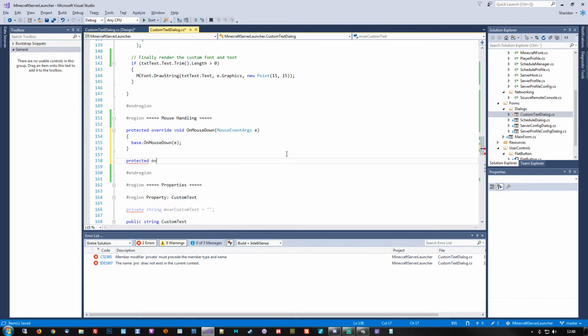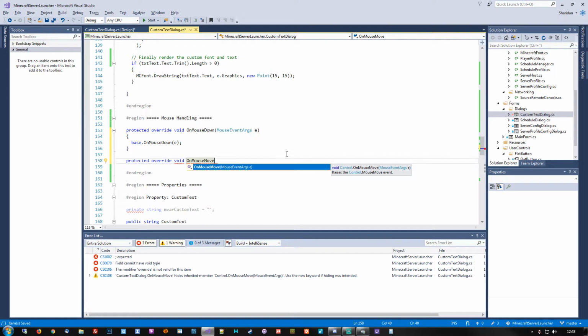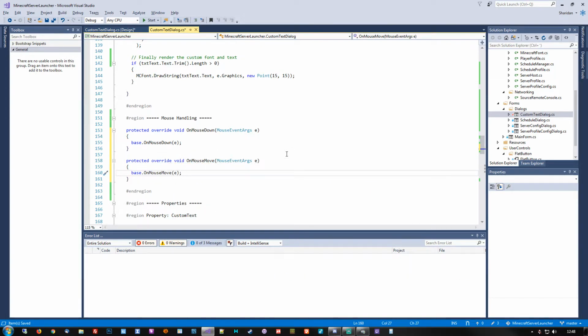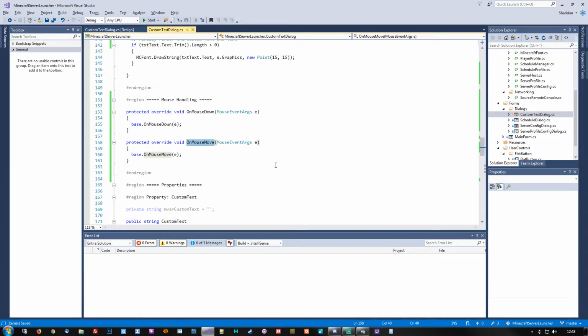Another one that we will need to override would be the mouse move. This one basically triggers whenever the mouse moves across the form, whether a button is pressed or not, makes no difference, the event will still trigger. So basically this lets us implement custom drawing code or custom drag and drop options if we don't want to use the built-in Windows stuff. So we can do a lot of cool stuff with the mouse move event. To begin with, though, we'll see if we can detect